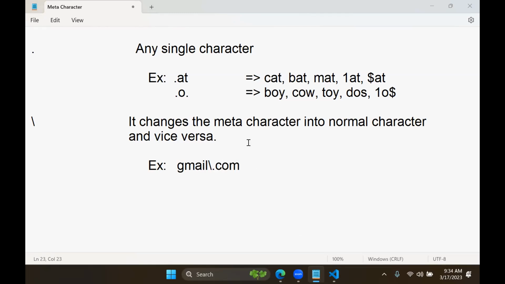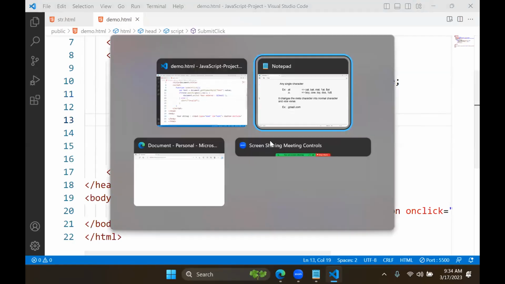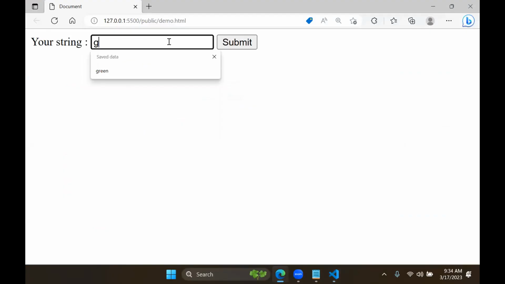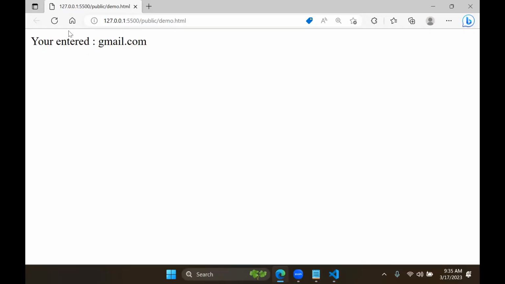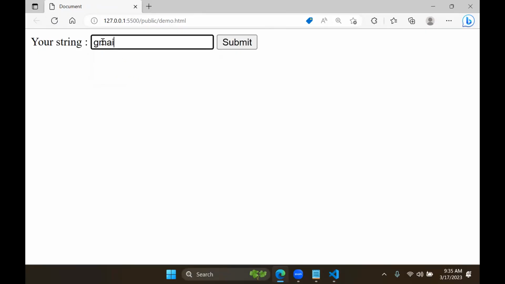Suppose I write gmail.com without the slash. It allows gmail.com, because dot is a character. It will allow that, no problem, but it will allow others also. So here Gmail, some a to com, and you can see it is allowing it